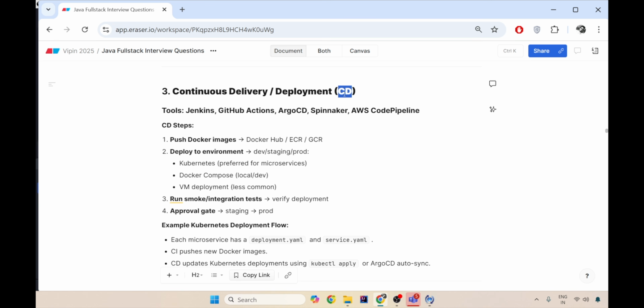So now your Docker image is pushed in any of the repositories. You deploy in different particular environments. It can be dev, staging, or prod. Either you can use Kubernetes or you can use Docker Compose or VM deployments, which is very, very less common. Rarely do we use VM deployments now, because most of the clouds give you Kubernetes support like AKS,